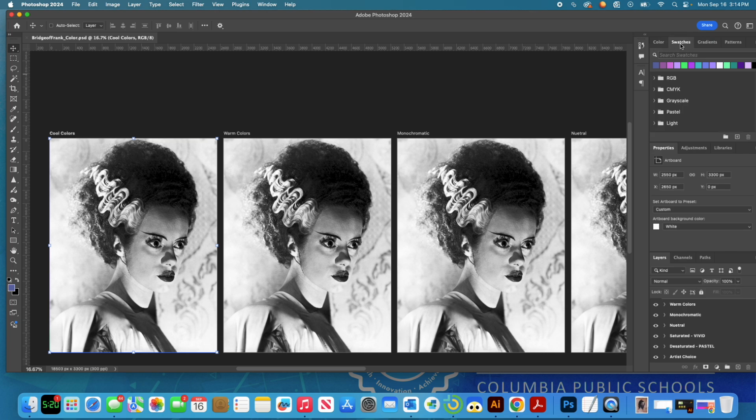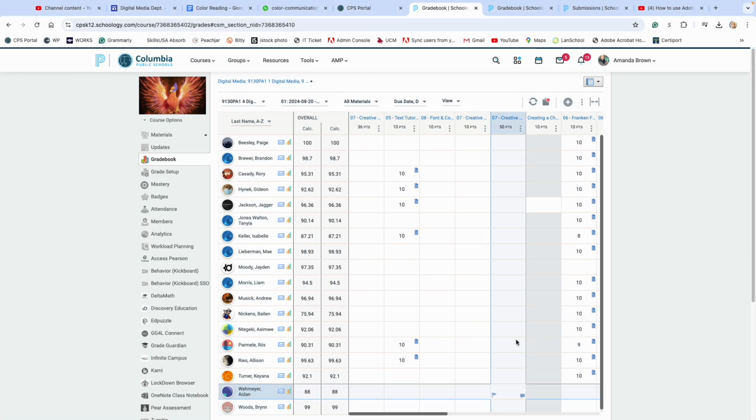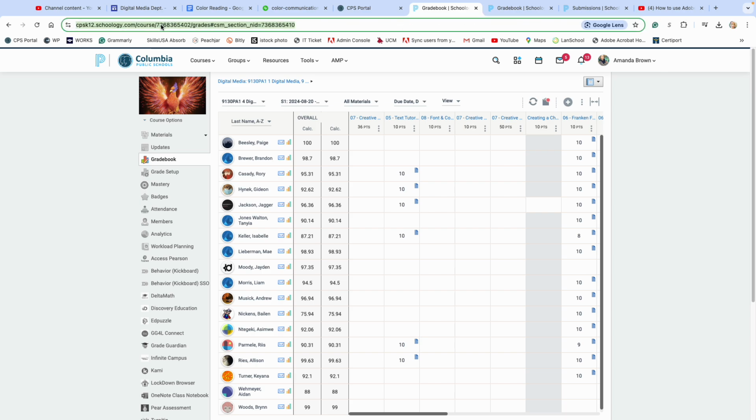Another way you can look at color is by these swatches, and you can pull up a lot of predetermined colors that they have for you right now. So already here's some pastels that you can do, pure, darker, pale, so it gives you a variety as well. If there's a color that you want,